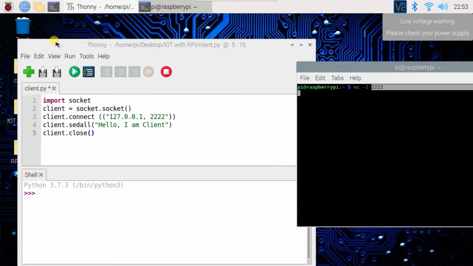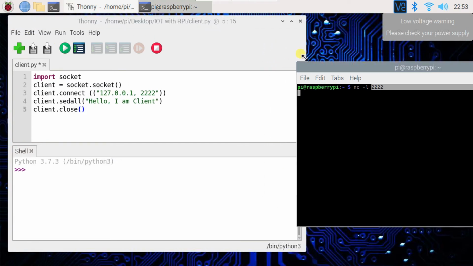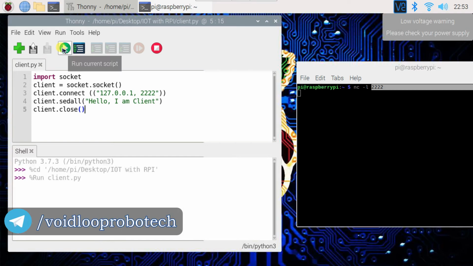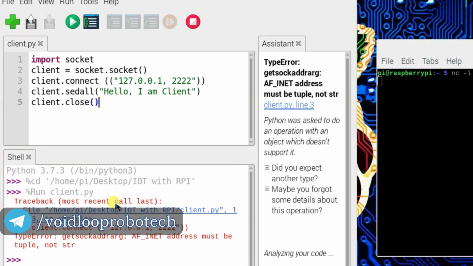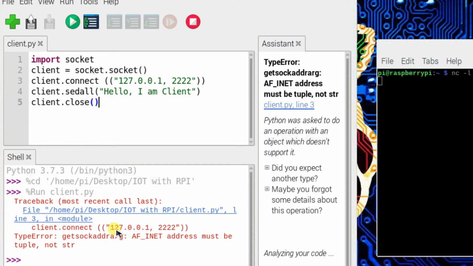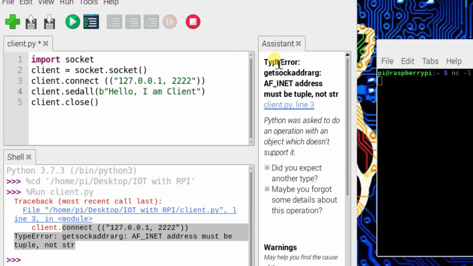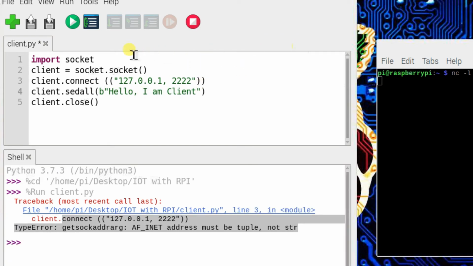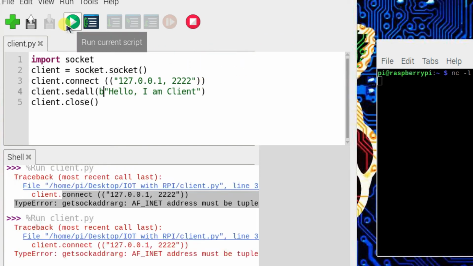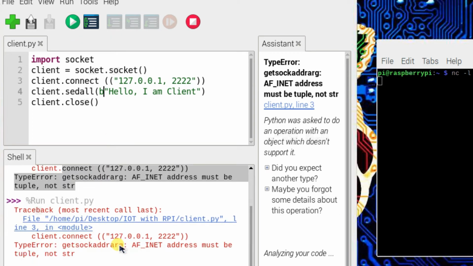Once I run this code, click on run. What is the problem? Okay, it will not accept a string, so we have to convert it to binary. It will be simply b, right? And again run. Now what is the problem?